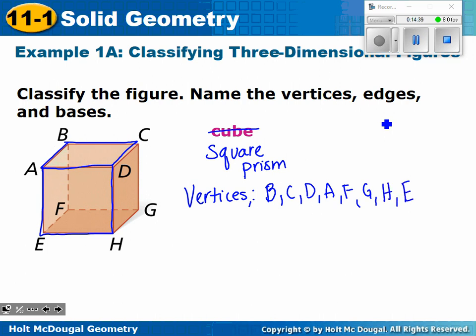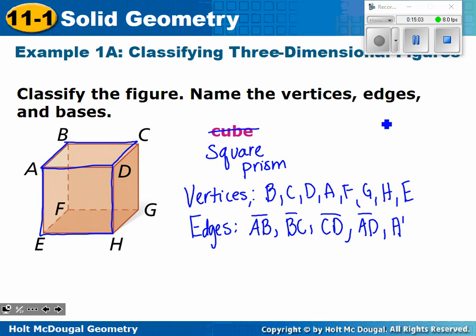Okay, so you're going to name them, not list how many there are. Edges. This is going to be the most tedious one. What are the edges? Make sure you put line segments above them. AB, BC, CD, AD,